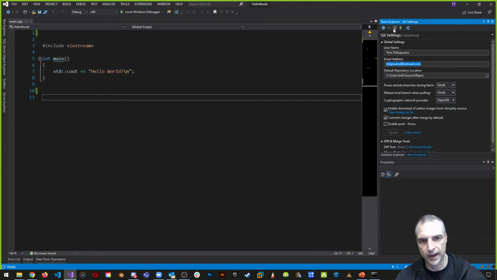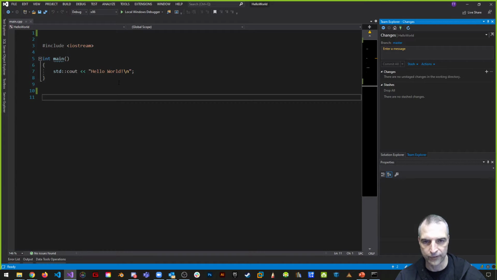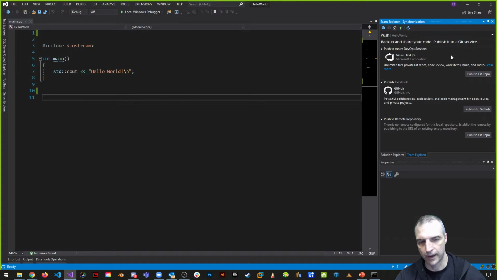Once you've configured that, then if I go home, so again, I'm inside the Team Explorer tab, go home, I can go to Changes if I've added any changes. Here I haven't. I'm just capturing this for the first time. And then I can go Home, Sync, and then in Sync, if you have the right extension for Visual Studio,